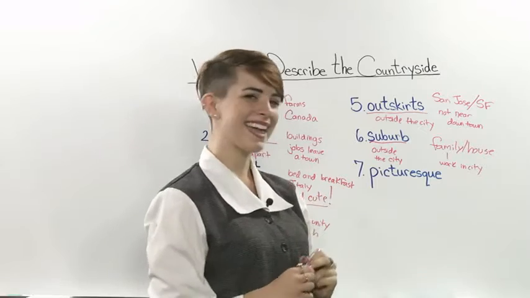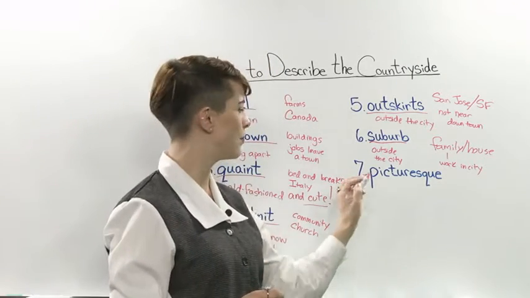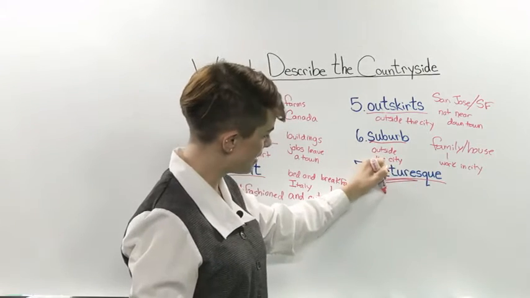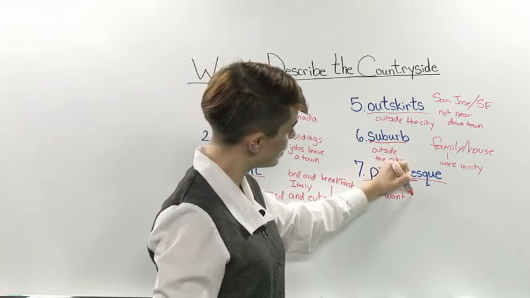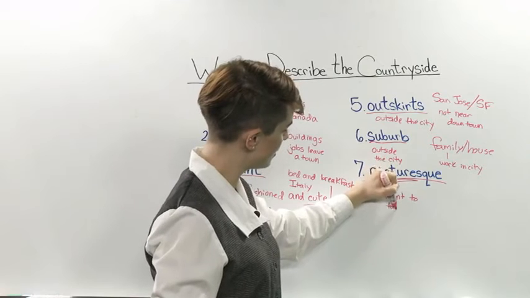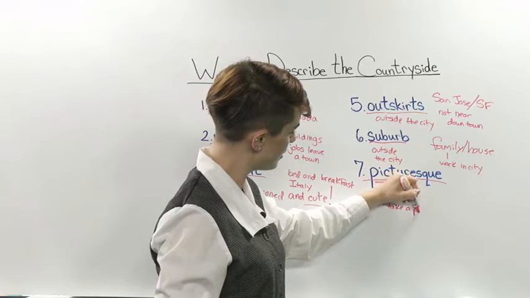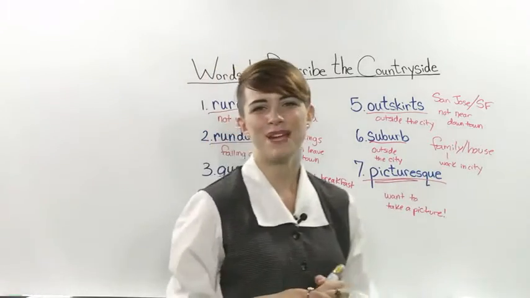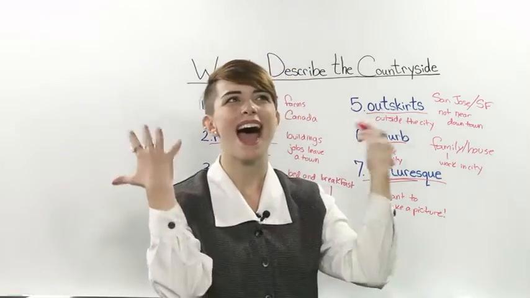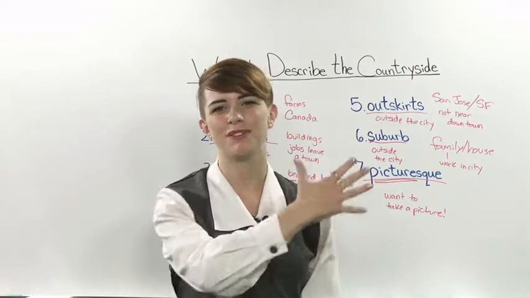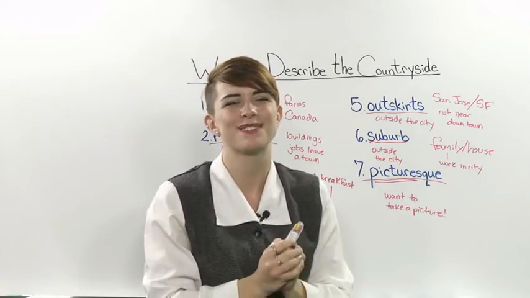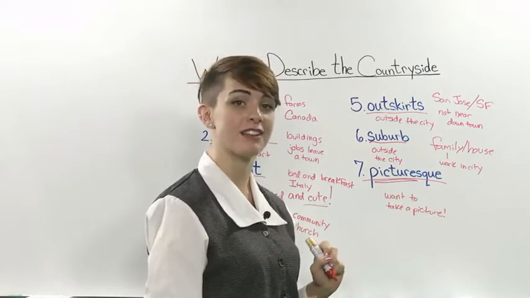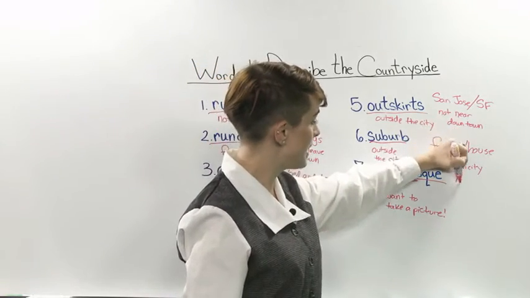Cool. And last on our list, we have the word picturesque. See here the word picture? It means you want to take a picture. It is so beautiful. A picturesque place might have beautiful buildings or beautiful countryside that you just think would look so perfect in a picture. An example of a picturesque place might be Austria